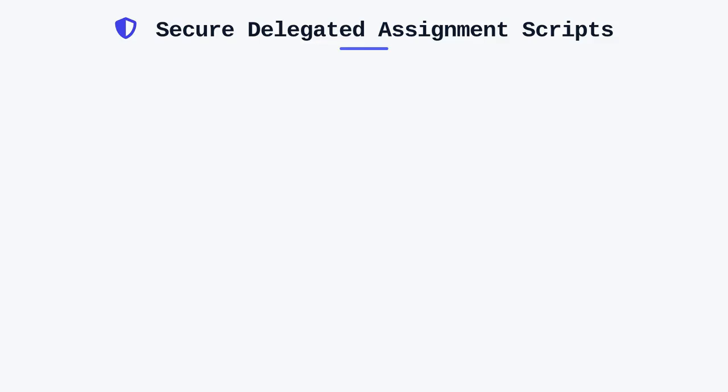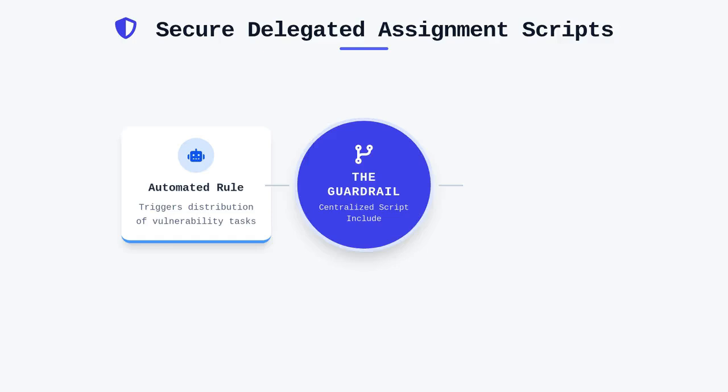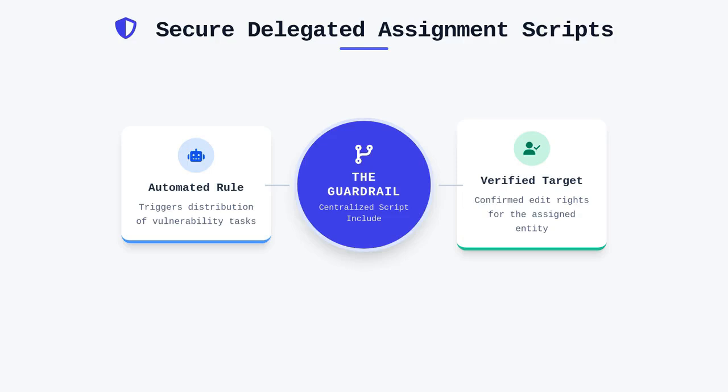Finally, secure delegated assignment scripts provide the mechanism to automate the distribution of work without manual, high-privilege intervention. These scripts function as a guardrail, ensuring that when an automated rule assigns a vulnerability task to a group or user, that target entity actually possesses the rights to edit that specific record. Implementing this correctly prevents the creation of orphan tasks that exist in a permission void where no one can take